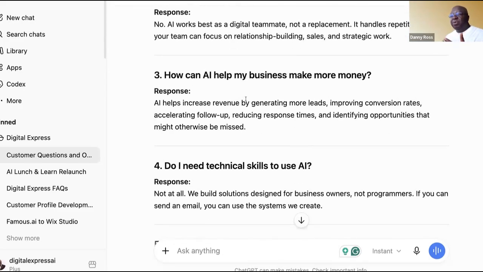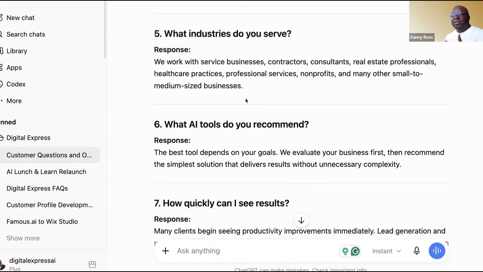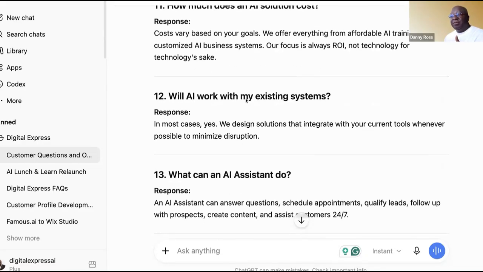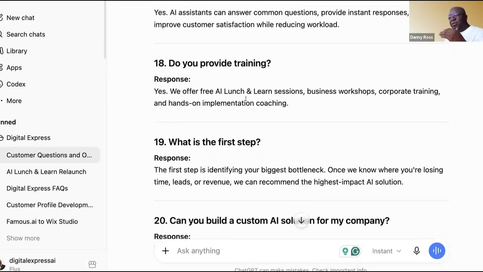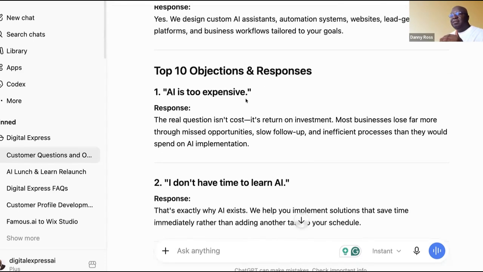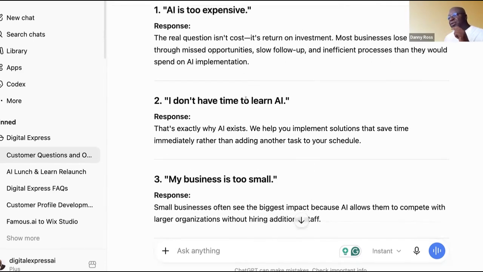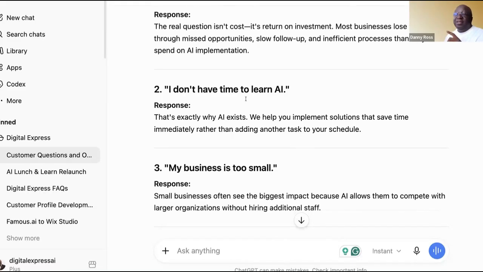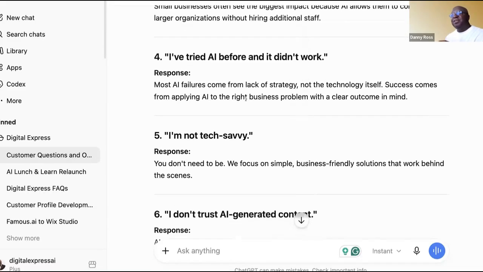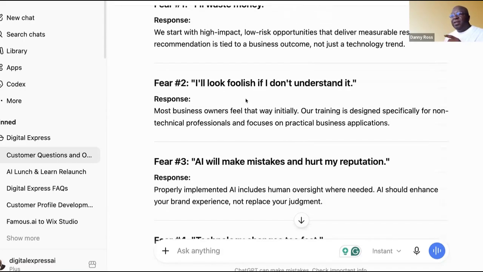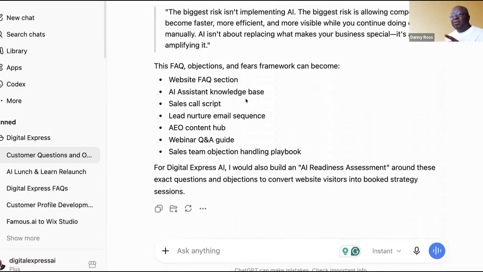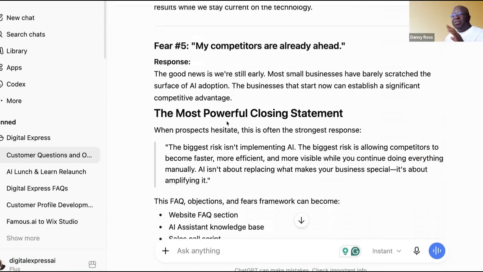This exercise is super simple, but again, many businesses don't do these steps. Their websites don't reflect this information. So you definitely want to run through all 3 of those steps and get to this point where you're identifying all the things. And this is what you're going to train the AI on so that when it is answering questions about your business for your visitors, they essentially will get all of this information as well. They're getting the FAQs, they're getting everything. Now we're going to convert everything that we've just put in into the FAQ section. Very, very simple. All right, we've got an understanding of where we are there.